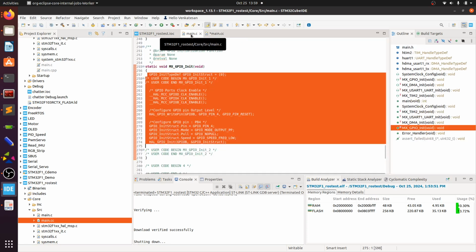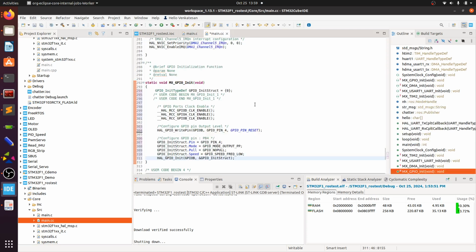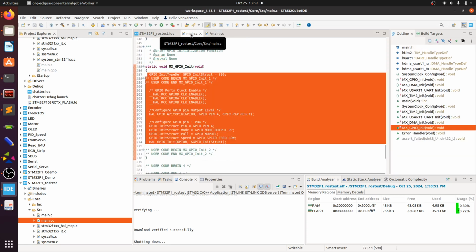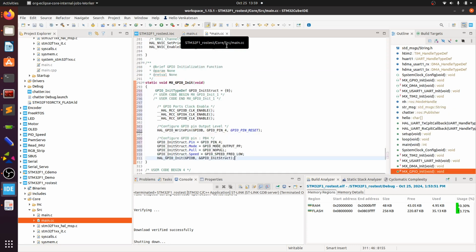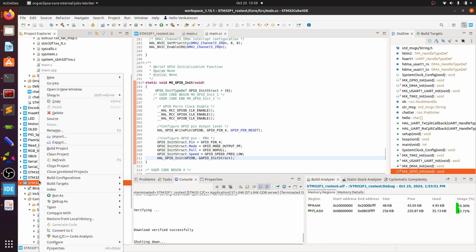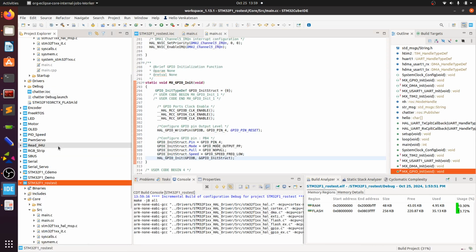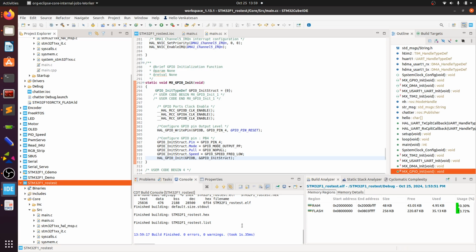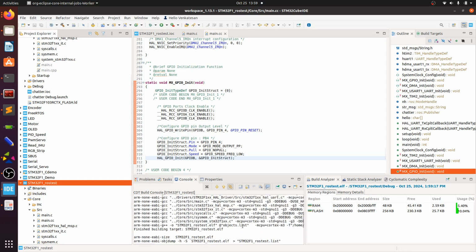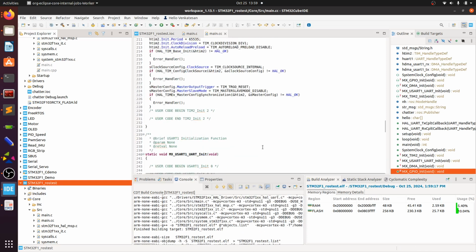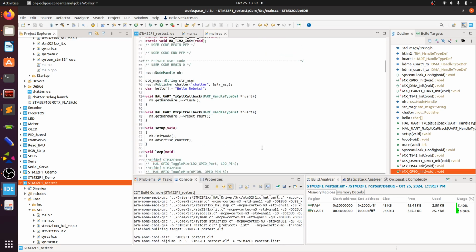Is there anything I need to do? Let me just double check. Okay. Save this. Just quickly going to compile this, even though I've not modified it. I just want to make sure it doesn't have any errors. Okay. So that's done. And then what I need to do is I want to come back here, and I'm going to create a